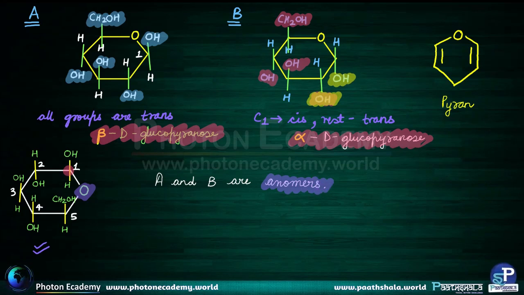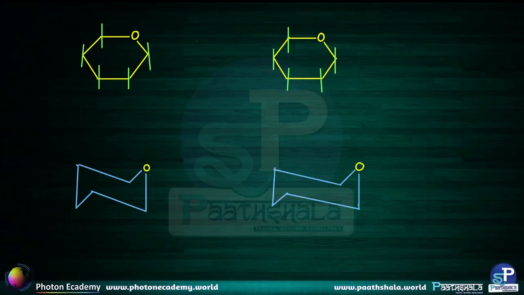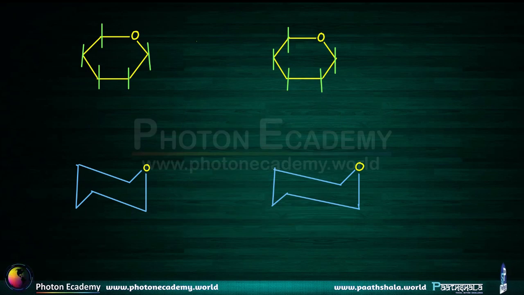Now I want to see which of these two is the most stable one. Okay, so what I do next is I have this here, and now I can just quickly draw the structure of alpha and beta D glucopyranose. So on the left hand I'll draw the beta, I'll draw the beta D glucopyranose,